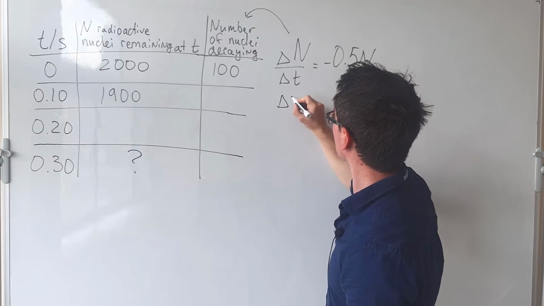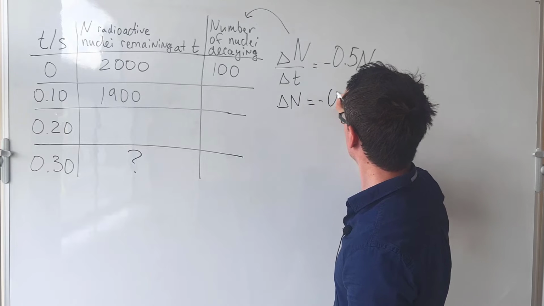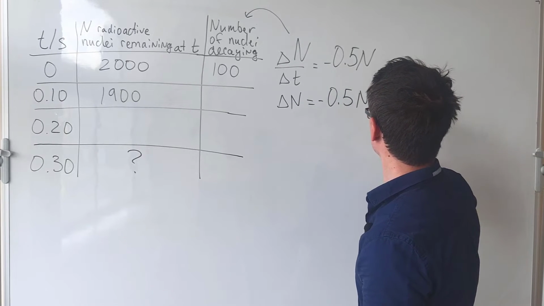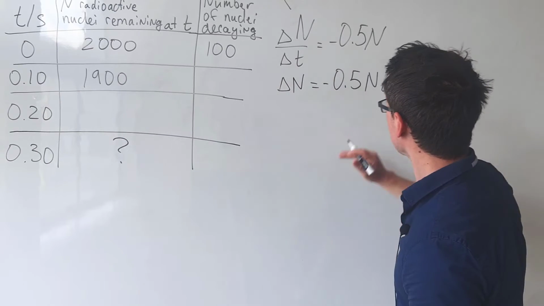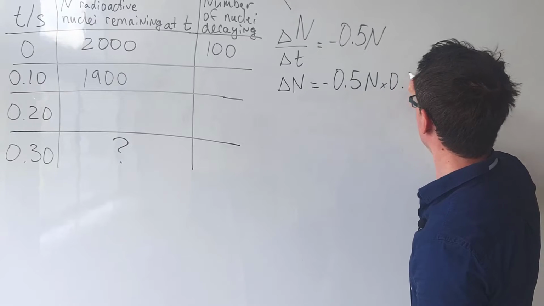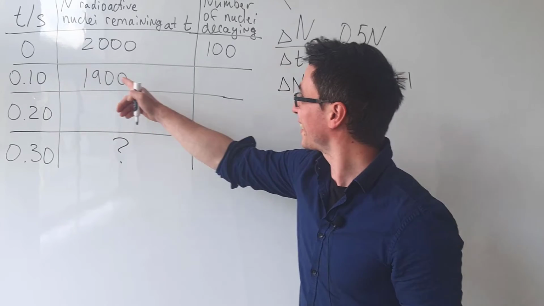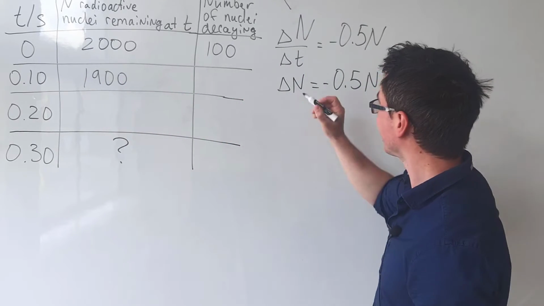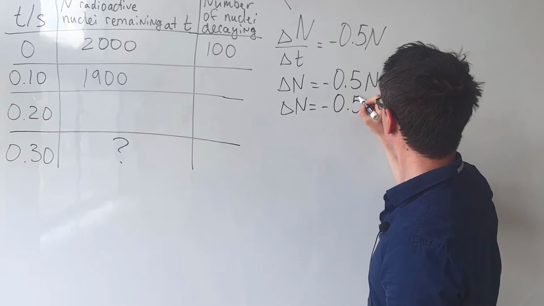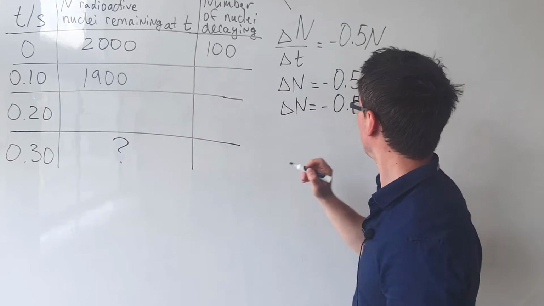So we can just rearrange this equation for delta n. We're going to find this equal to minus 0.5 n times delta t. Well, delta t is just 0.1 in this equation, so I'm just going to write 0.1. So for our second row, our delta n will be equal to minus 0.5 times n, which in this case